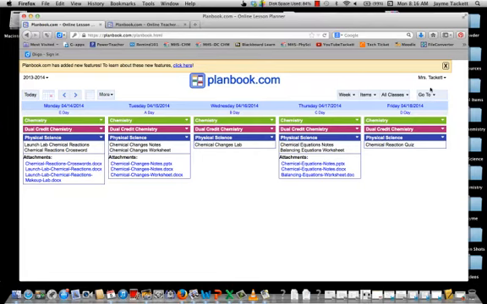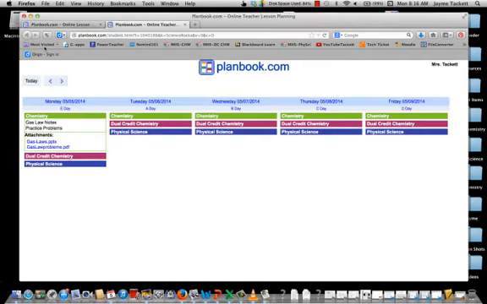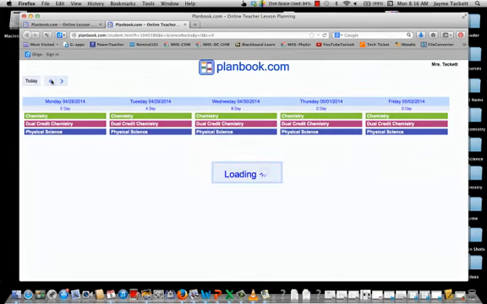And the part that I like about this the most is we can go down here, over here to the right, to sharing, and down here we can give our students this link, and then when they click on it, it takes them straight to our planning book with all the files, so on and so forth. So if we go back to,